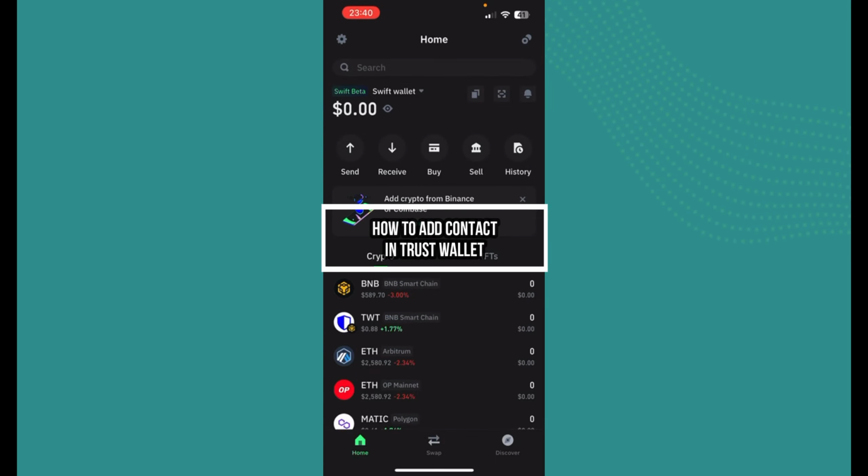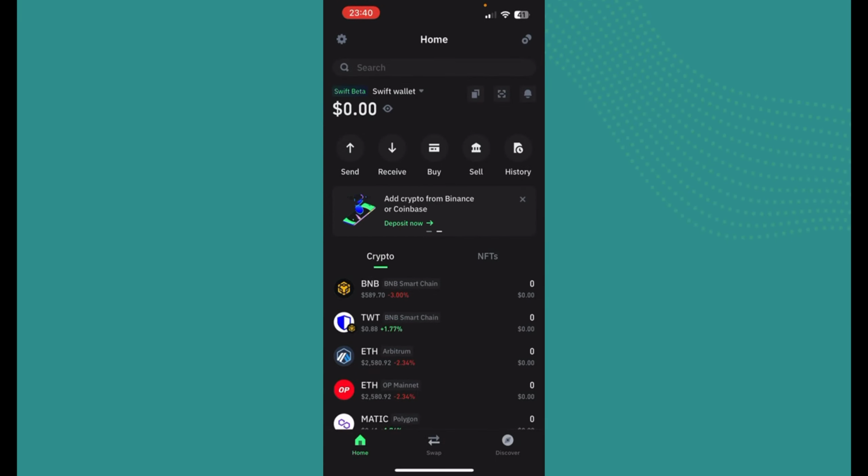In this video, I'm going to be showing you guys how you can add a contact in Trust Wallet. So guys, if you're new to this app and you don't know how to add a contact in Trust Wallet, then this video is for you. All you need to do is just look up at the top left corner that has